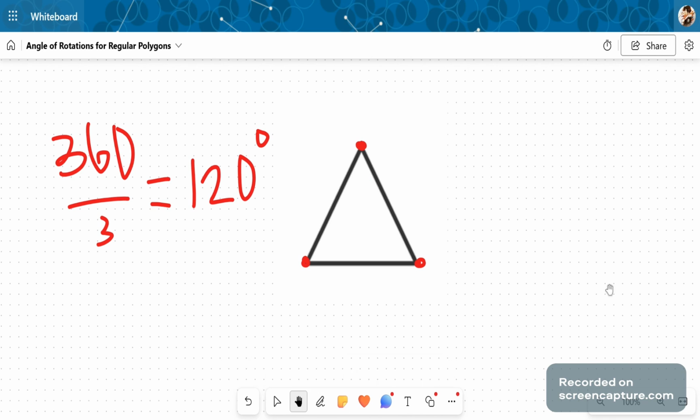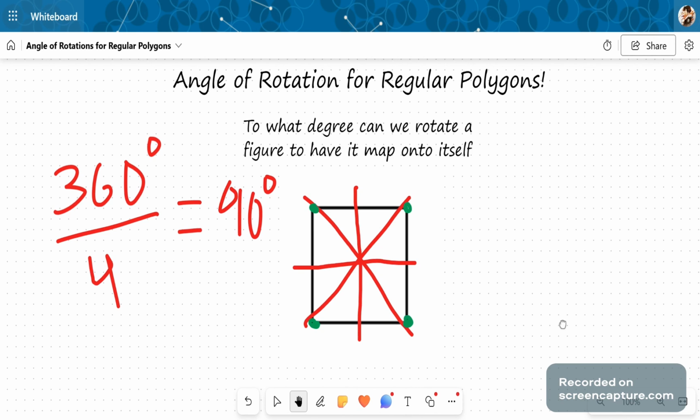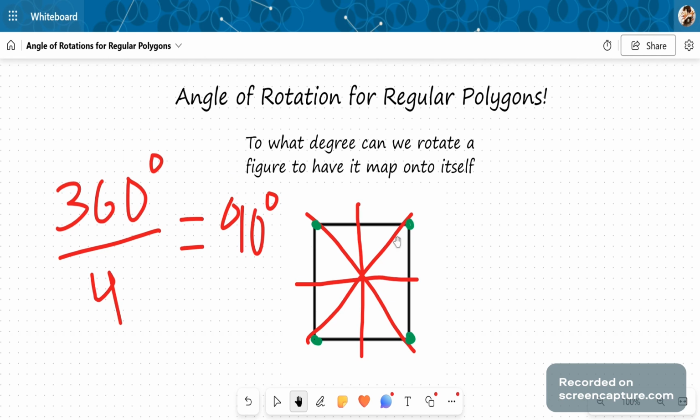And that's it. It's very simple. All you have to do is count the number of vertices and divide 360 by the number of vertices to get the angle of rotation for regular polygons, which is, to what degree can we rotate a figure to have it map onto itself? Hopefully you